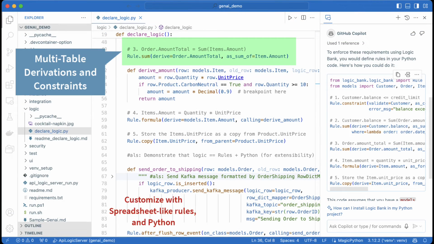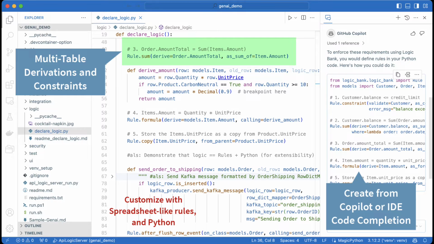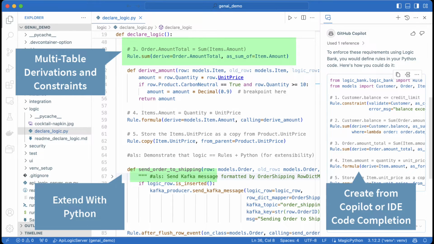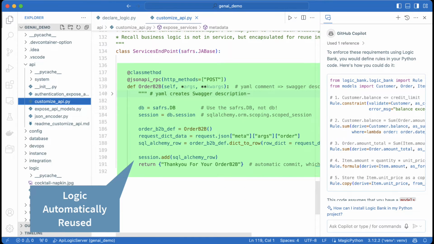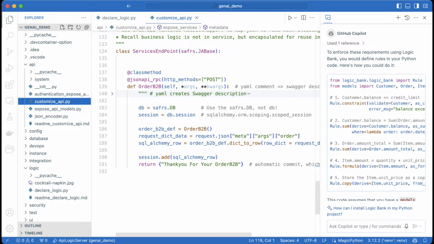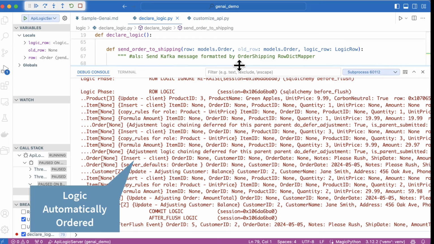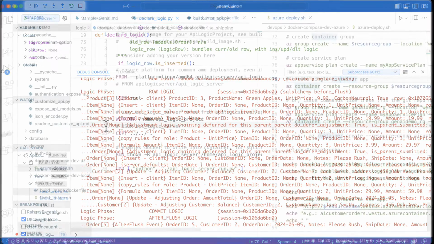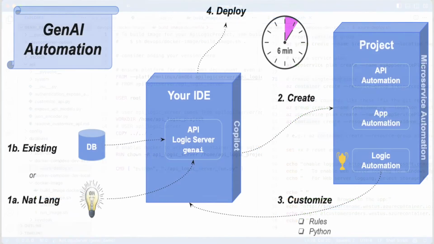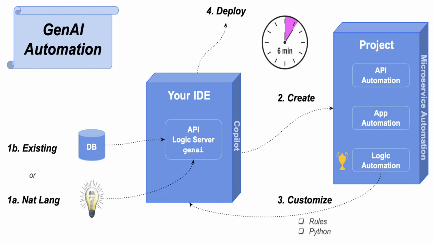Customize in your IDE. Declare spreadsheet-like rules. Extend logic with Python. Extend the API with Python and Flask. Debug with the debugger and the logic log. Automatic deployment scripts. And there you have it, the speed of low code, the simplicity of natural language, and the